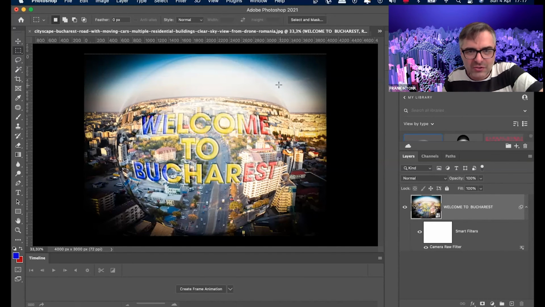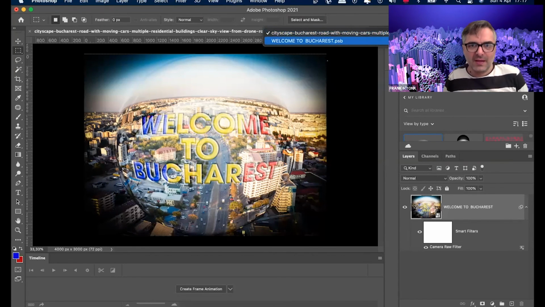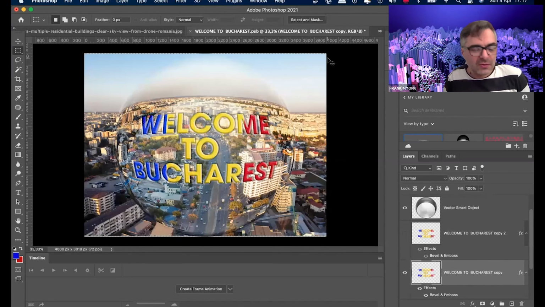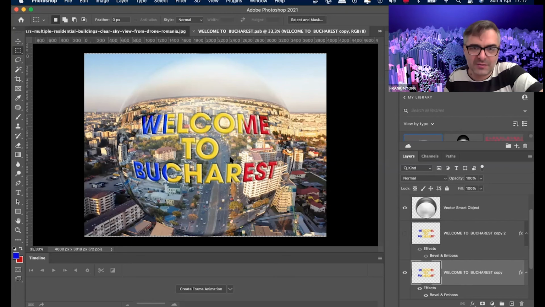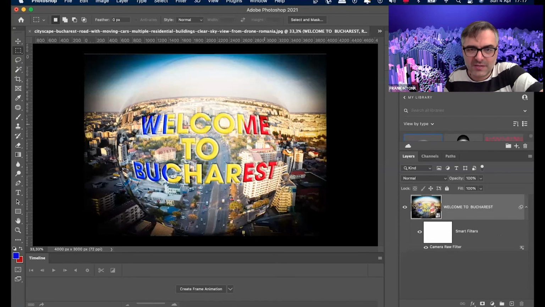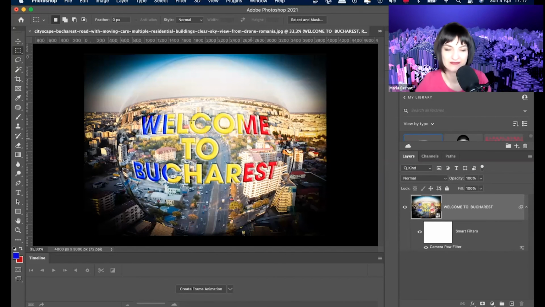In order to see the changes I made in the layers involved in this smart layer, I will just go back here and press Control S or Command S. Let's wait for a bit to see it's saving. Then when we go back to the image we used to see, it's already done, on 100%